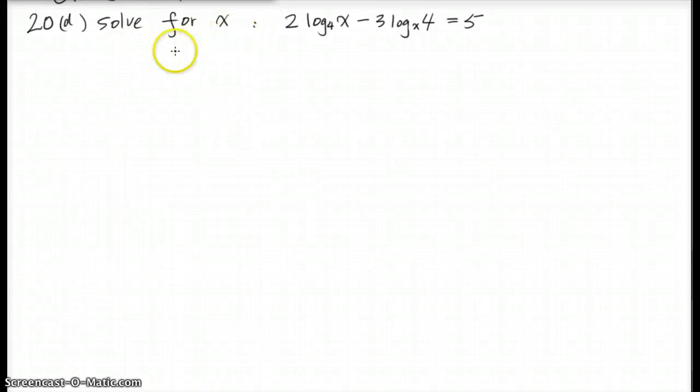Okay, this is a question on the workbook 20D. We try to solve for x, but x is within the log, and also probably you notice here they're different. So we have log 4x, but where we have log x4 here. So we want to make them the same, so we like to change one of the log into a different